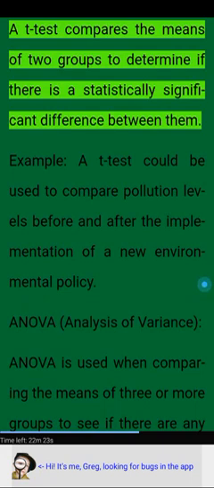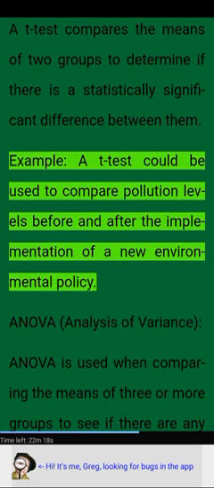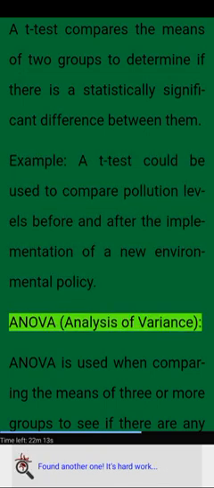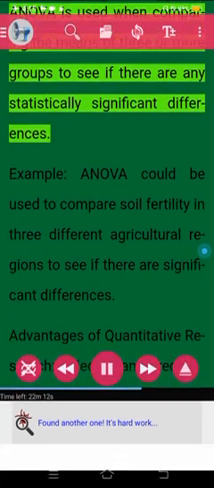T-test. A t-test compares the means of two groups to determine if there is a statistically significant difference between them. Example: a t-test could be used to compare pollution levels before and after the implementation of a new environmental policy. ANOVA, analysis of variance. ANOVA is used when comparing